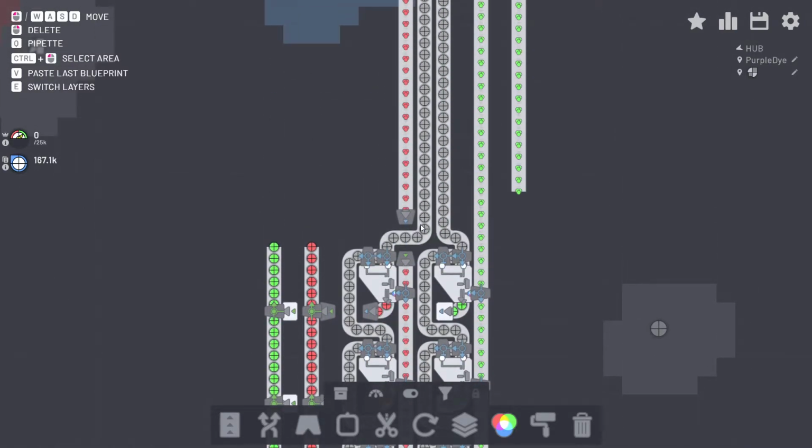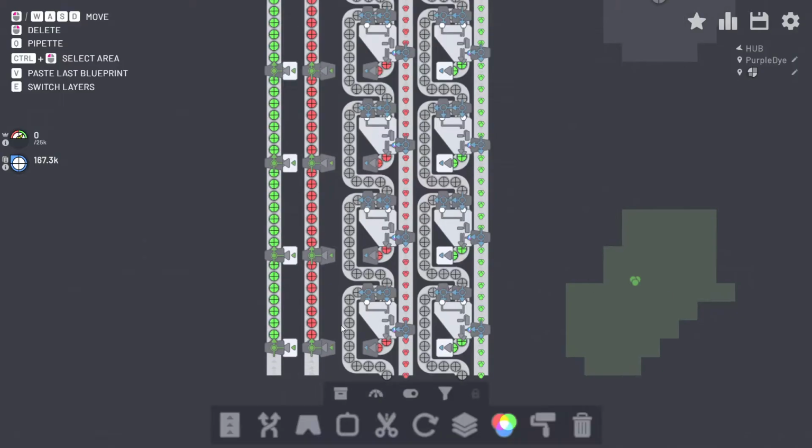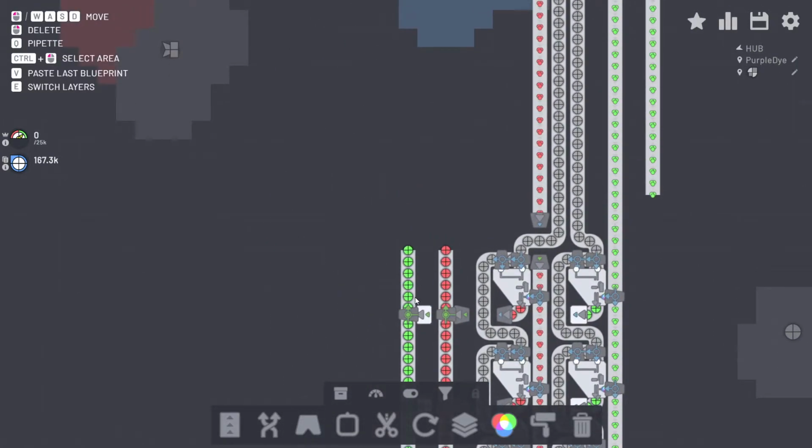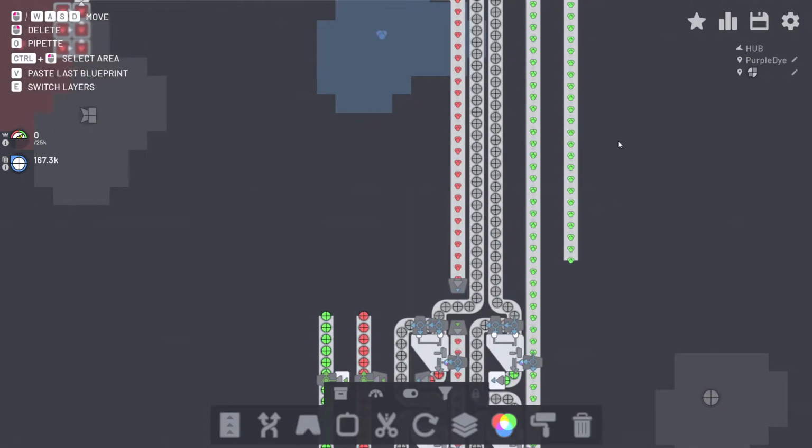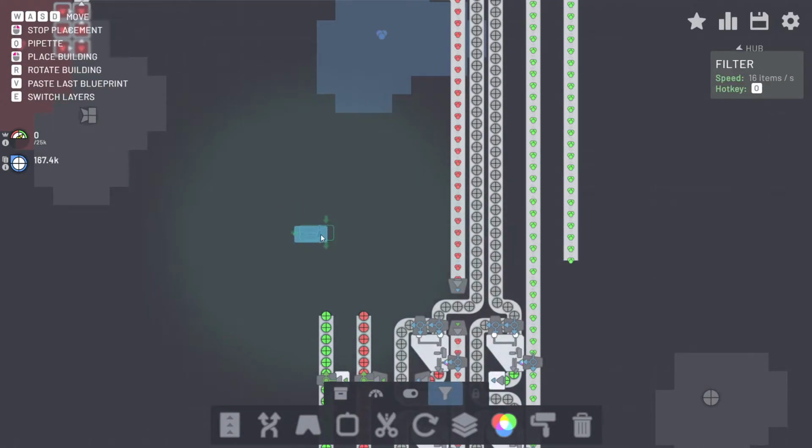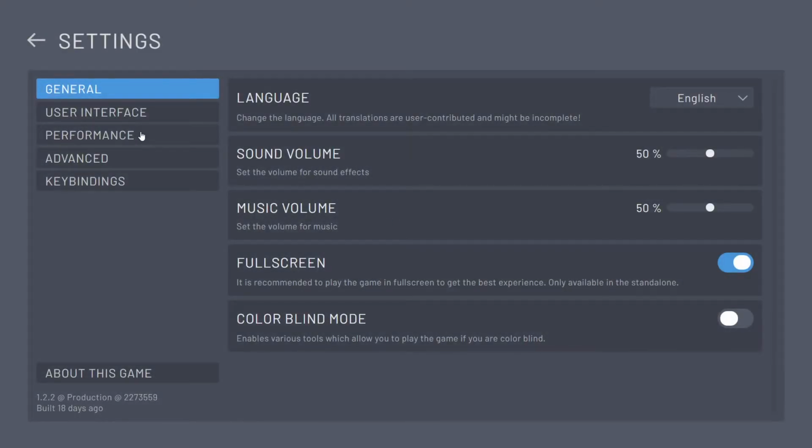That way we do not have to worry in the slightest about what's going on over here. And so now we've got both red and green to just kind of do their own thing. Also, I hope I didn't actually misread the tutorial for